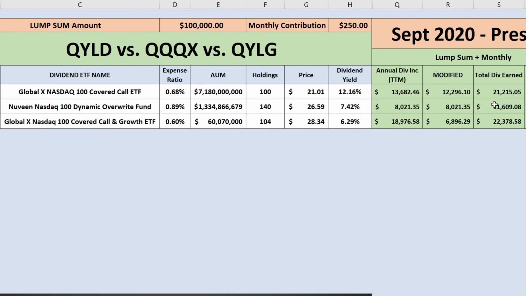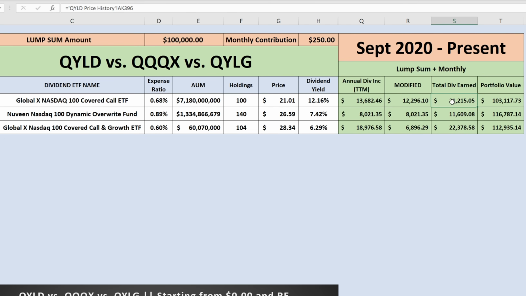Total dividends earned here, again, not adjusted for that large payment in December of 2021. We have $21,215 for QYLD, $11,609 for QQQX, and then $22,378.58 for QYLG. Now again, from a portfolio value perspective, instead of $100,000, we now end up with $103,000 when we're reinvesting dividends for QYLD. For QQQX, we're at $116,787, and for QYLG, only